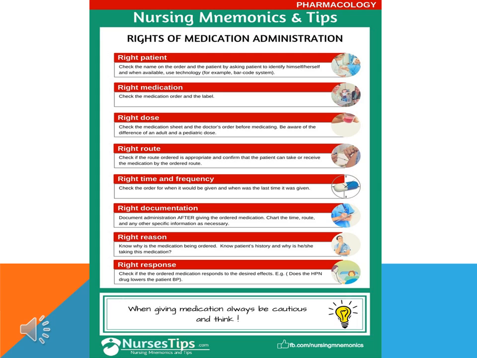Right dose. Check the medication sheet and the doctor's order before medicating the patient. Beware of differences of adult and pediatric doses. Right route. Check if the route ordered is appropriate and confirm that the patient can take or receive the medication